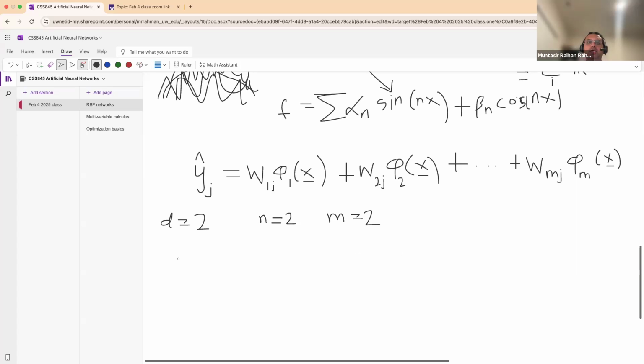In that case, I would just have two equations. y1 hat is going to be w11 phi 1 of x plus w21 phi 2 of x,